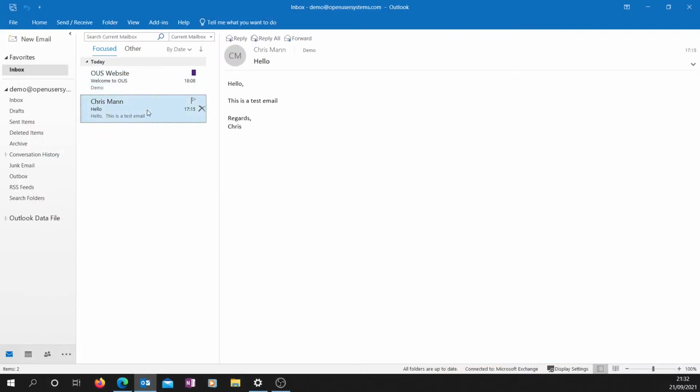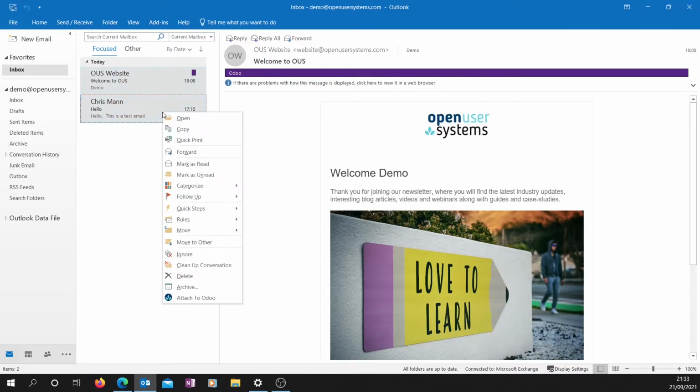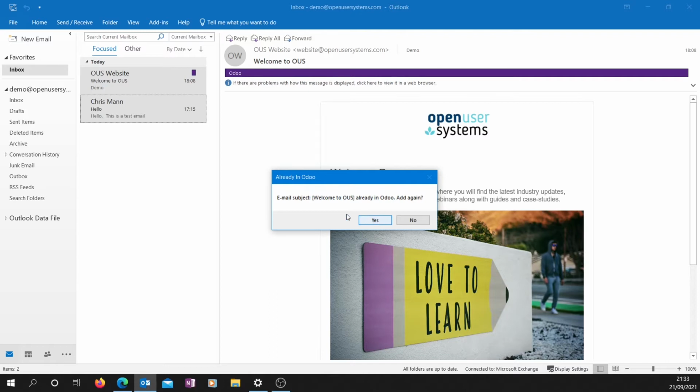I can try again with this one here, just to also show you that it's possible to attach multiple emails in bulk. I will highlight both of these emails, right click and press attach to Odoo, and it's now asking me, do I want to attach this record again, because I've already attached it previously. So I already have an email that has been attached because it uses the category to show me that's been attached before. Do I want to attach it again? In this case I'm going to say no,